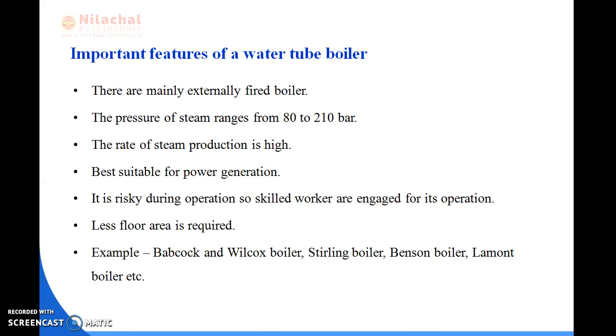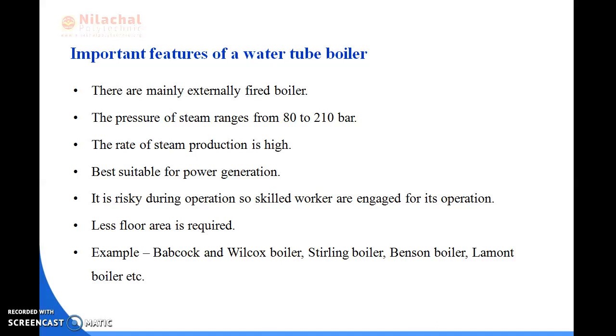Next, we shall discuss some important features of a water tube boiler. Water tube boilers are a very important type of boiler, and nowadays we are mostly utilizing the water tube boiler. What is a water tube boiler? In a water tube boiler, water flows inside the tube and the hot flue gas surrounds the tube, so that the heat from the hot flue gas will come to the water through the tube. And in this case, it is mainly an externally fired boiler. That means the furnace will be placed outside of the boiler,